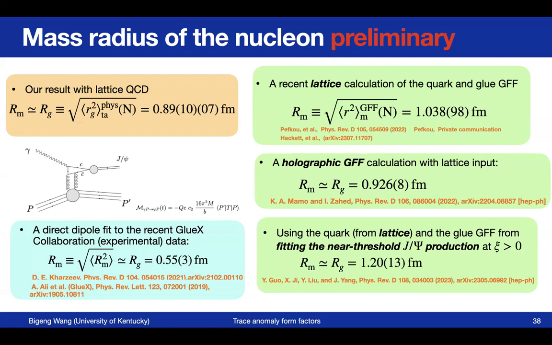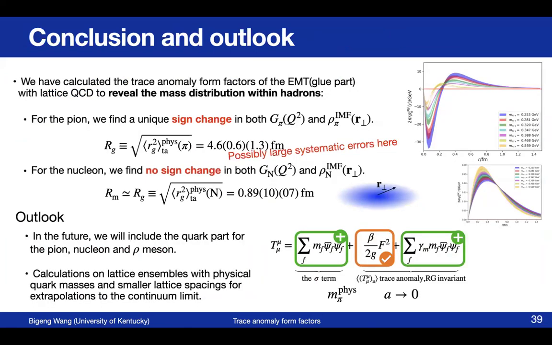But all these results are quite consistent with our results. While for this one, we find a large discrepancy, which we need to figure out later, between this one and the direct dipole fit to the gluon data. Okay, so as a conclusion, we have demonstrated that we can calculate the trace anomaly, including, maybe I should talk about